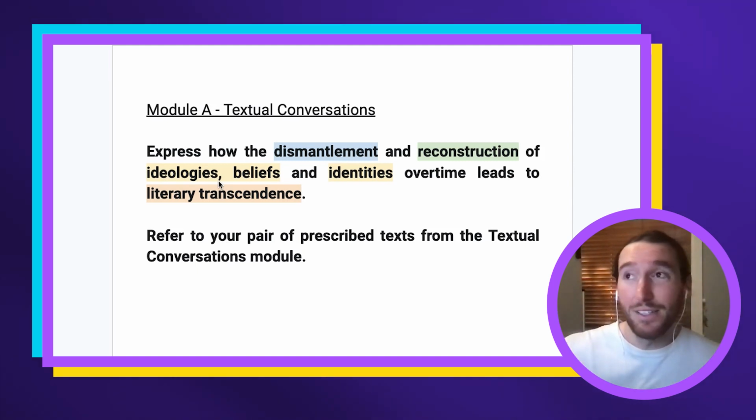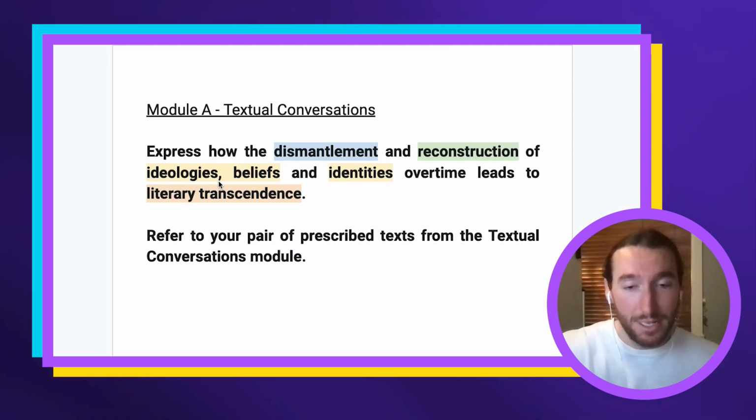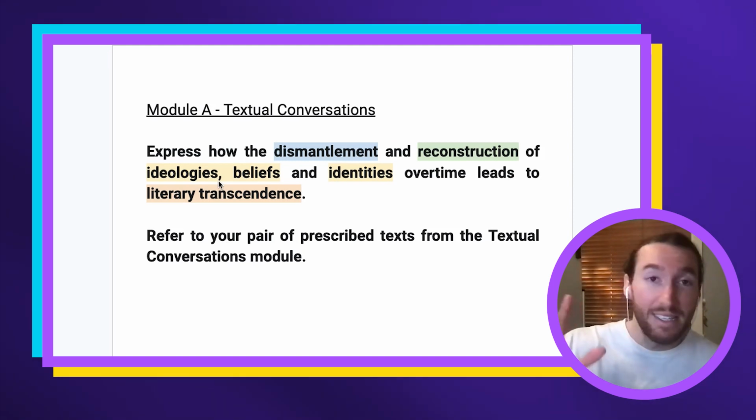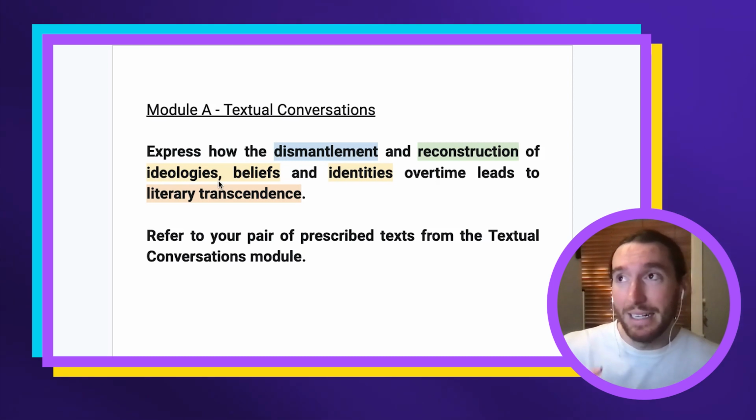Your identity is how you view yourself, right? Your self-concept. And it doesn't say your self-identity, it says just identities in general. So you can actually link that to things more broadly if that works for what you want to argue. But I wouldn't worry too much about using ideologies and beliefs all the time. You could just focus in on one of those, and identities is kind of its own thing there. And again, if we use a synonym for identities, we can think of the self, right? How you view yourself. How does that lead to literary transcendence?